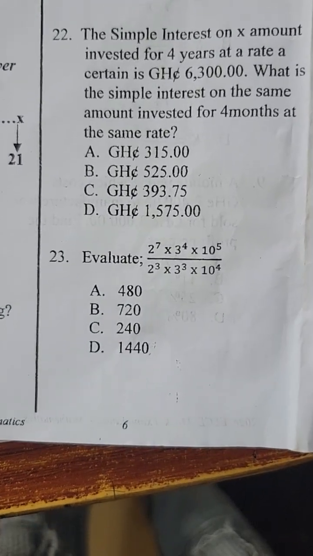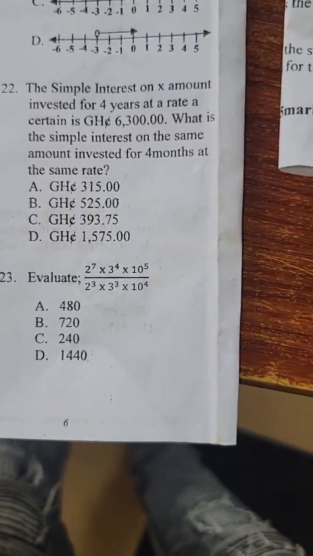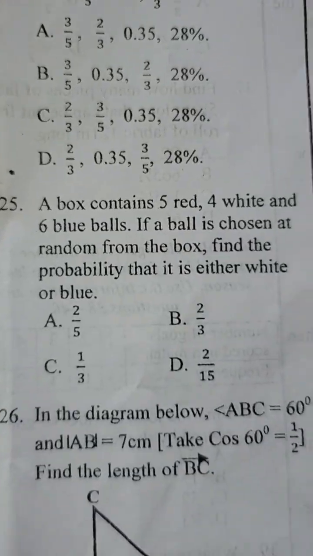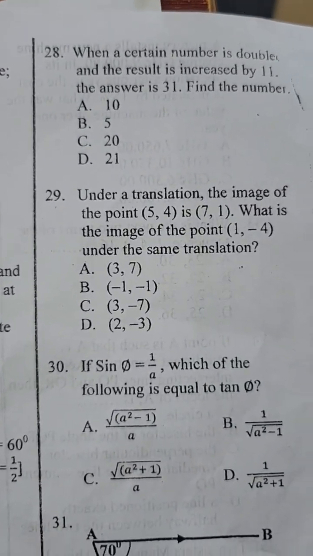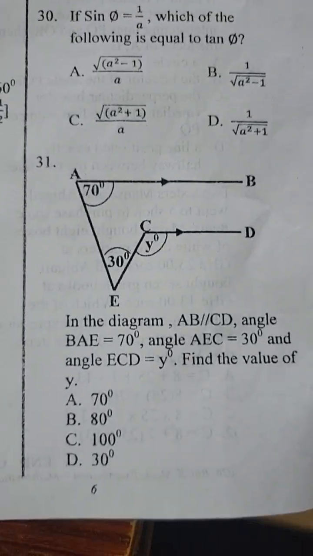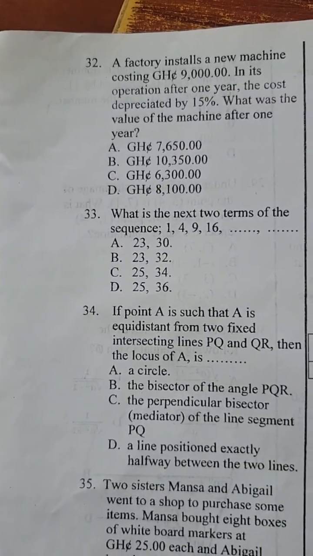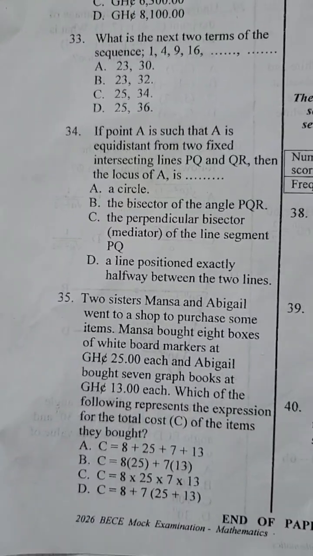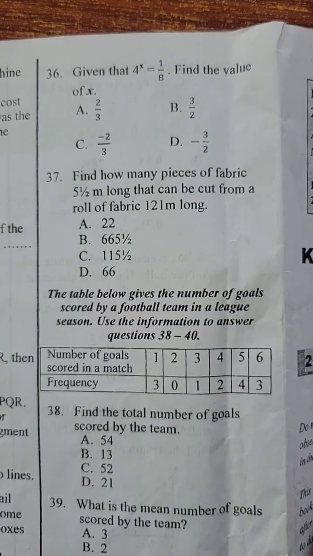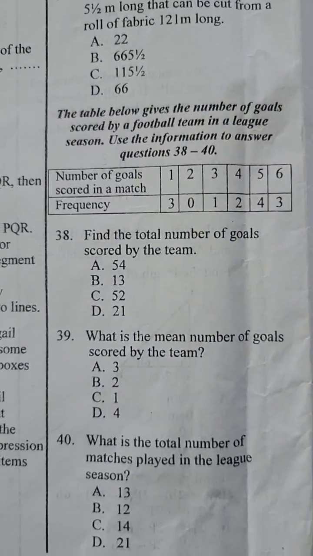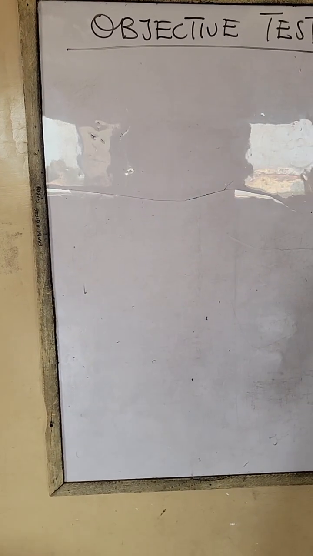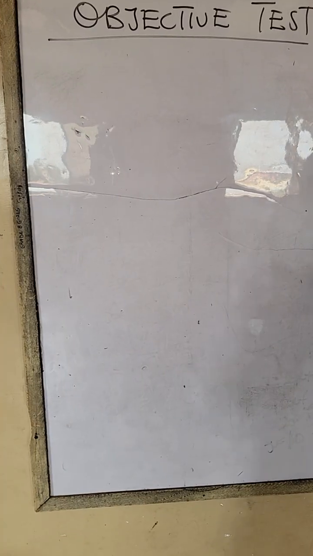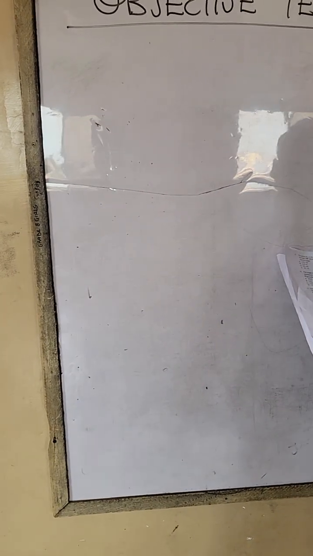So 22, 23, 24 is here, 25, 26, 27, 28, 29, 30, 31, 32, 33, 34, 35 is here, 36, 37, 38, 39, and 40. 22, the simple interest on X amount invested for 4 years at a certain rate is